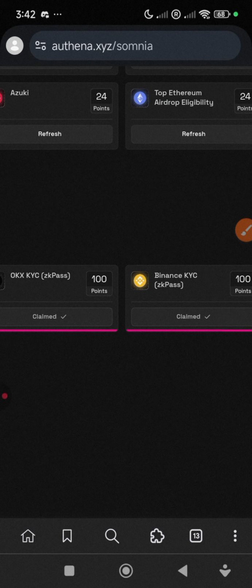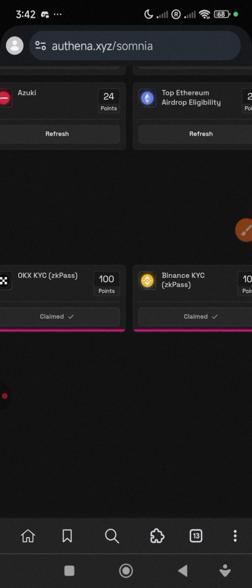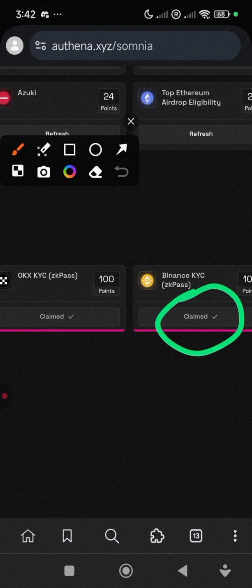So if you want to connect more exchanges, for example, I connected my Binance in my first video to complete that, right? So in this video, I use my OKX. If you are doing yours with your phone and you want to do Binance again, all you need to do is just click on connect for Binance, because at that point Binance will have connect, not claimed. If you have not connected your Binance, you click on connect, and it will take you to the Binance website. You log in to your Binance account, click on start on the ZK Pass floating extension on your screen,